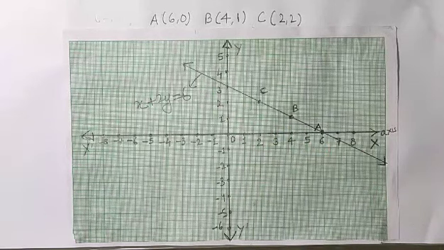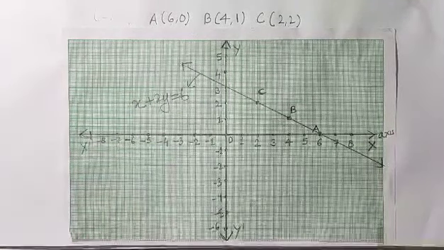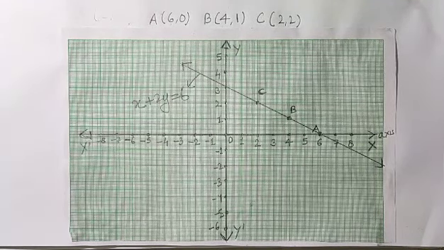When you join the points, you will get a straight line. If you are not getting a straight line for the linear equation in 2 variables, it means you have made some error, and for that reason you are not getting a straight line. Okay students, if you have done everything correctly, then surely you will get a straight line. So like this students, on the basis of this we can solve our next exercise, that is 4.3.